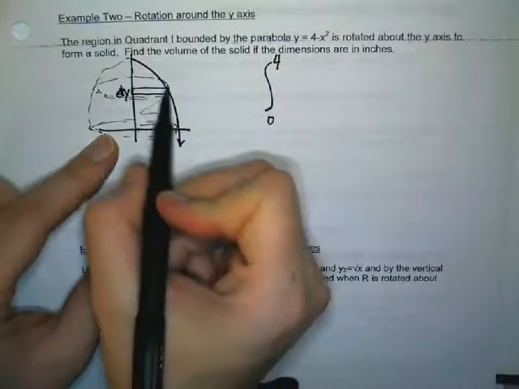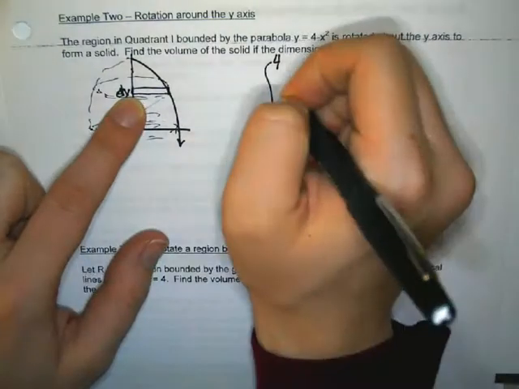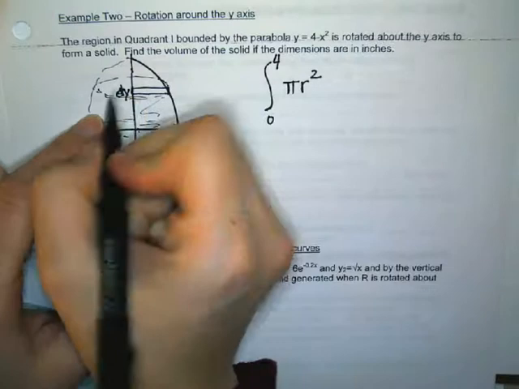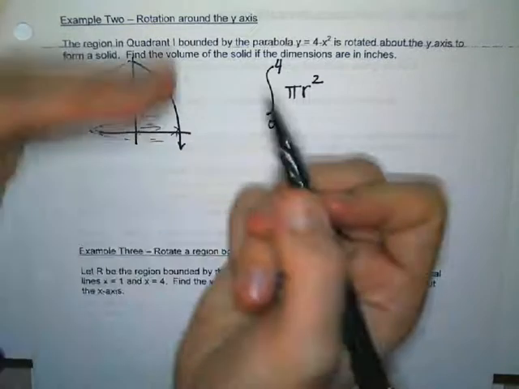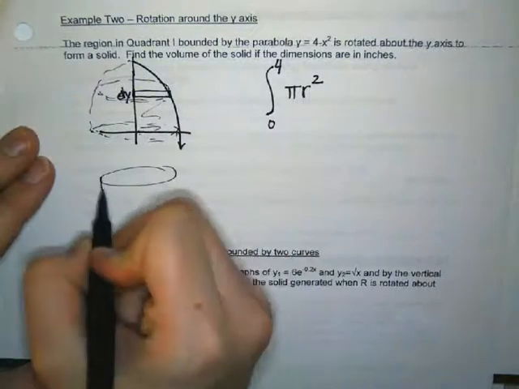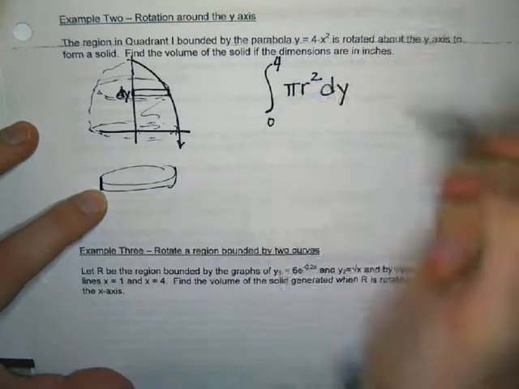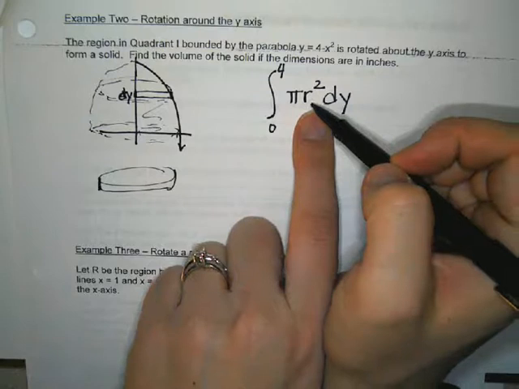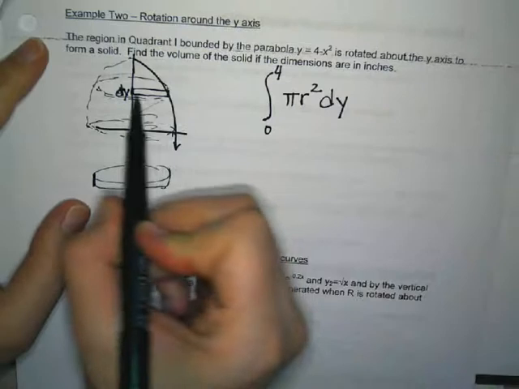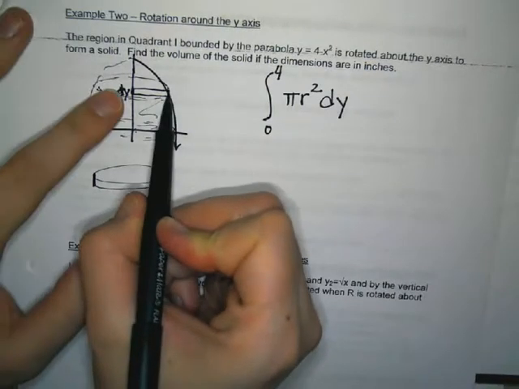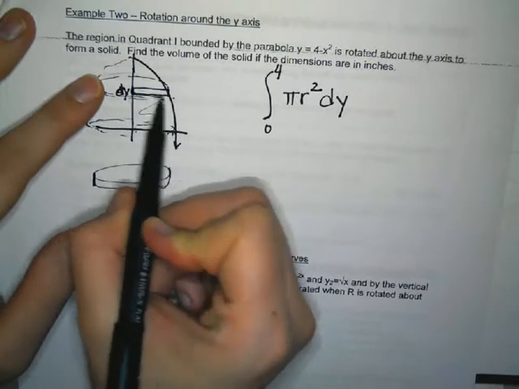Now, as it rotates, because there's no gap between the rectangle and your axis of rotation, you're going to use pi r squared. And again, we've talked about that, since the width or the depth of my slice, because if I took this out it would look like this still, is a y value this time because it's a y length, so we have to have dy. All right, so now we have to write my radius. Now, with the radius here, because my rectangle is horizontal, I have to go right to left, because going top to bottom doesn't make sense. So right to left, or right minus left, gets me that length, or that radius,